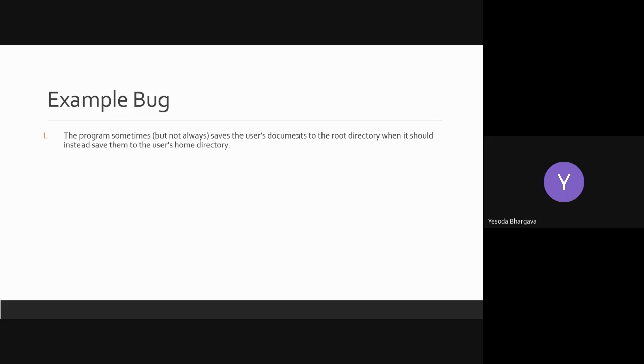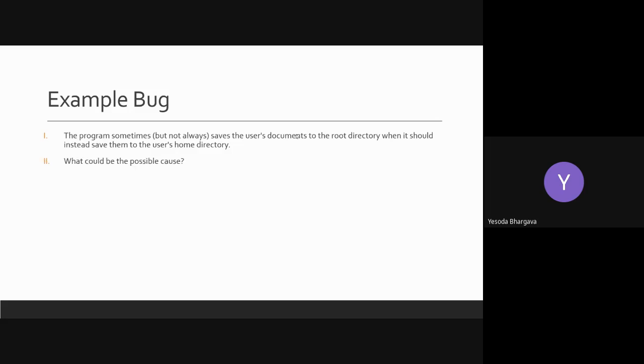Environment variables. Sorry? Environment variables. For example, if you can elaborate more on that. Generally, if environment variables are not correct, the directories where it saves may be different. Okay. So there must be some other function dealing with the function that is storing the files, and that could be changing something in the environment so that it is not able to save the document in the user's home directory. So, let us see.